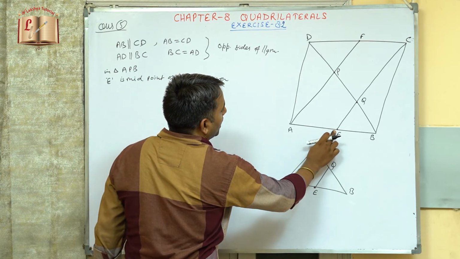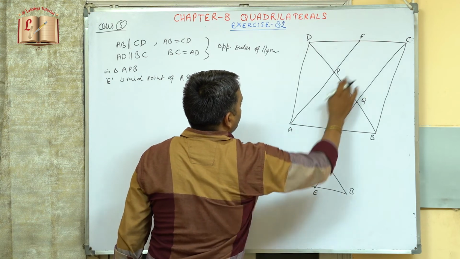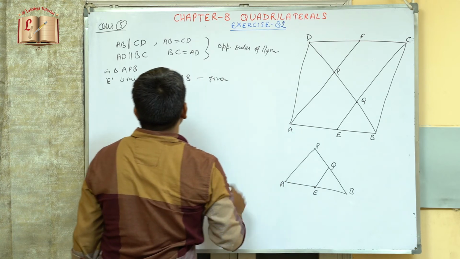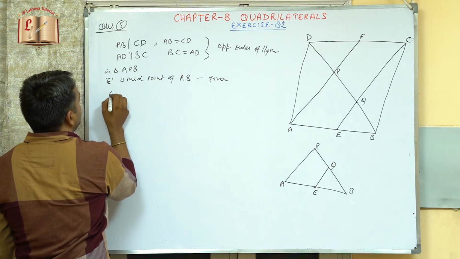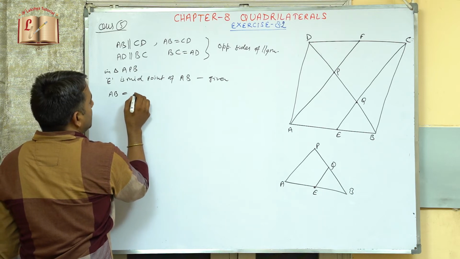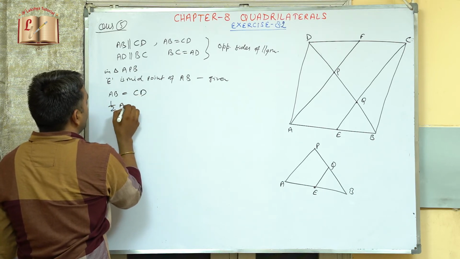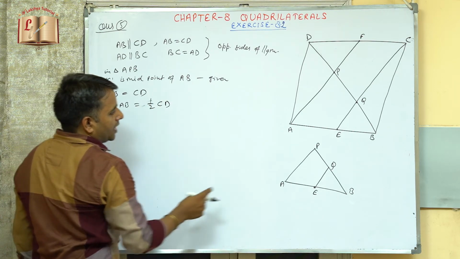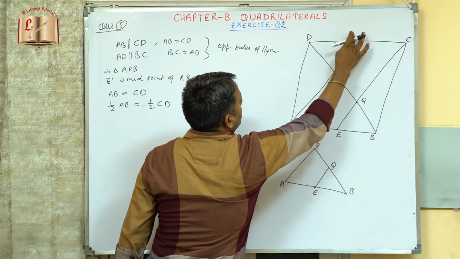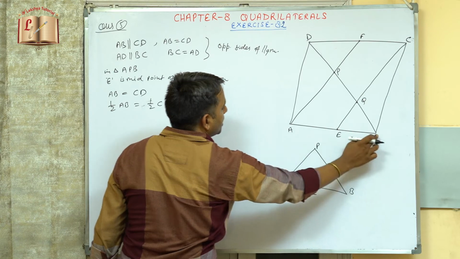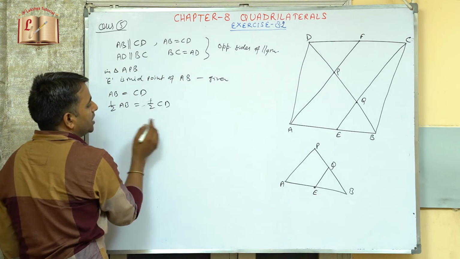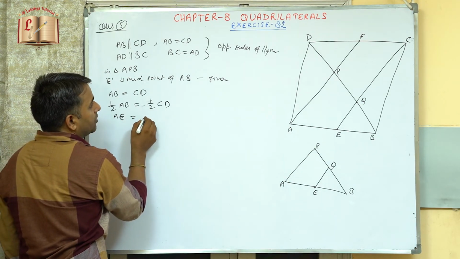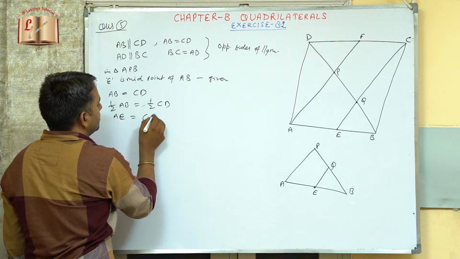So this is now the midpoint and this will be a parallelogram now. This will already be a parallelogram because this is the midpoint. We can write AB is equal to CD. Therefore half of AB will also be equal to half of CD. This AB will be equal to CD because these are the opposite sides, and E is the midpoint. So half of AB will also be equal to half of CD. Now half of AB is equal to AE. So I can write AE will be equal to CF.